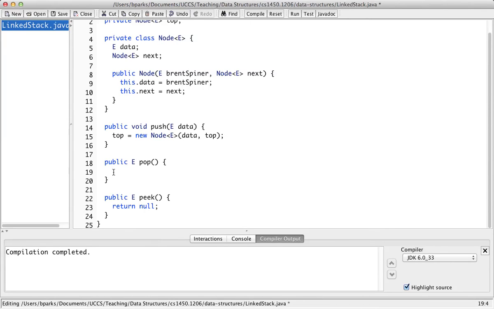So one way to do that is to store the top node somewhere else temporarily, move top down, and then return the data that we need to return. The other option is to store the data temporarily, which I think is probably a better option. So eTemp equals top.data. And then